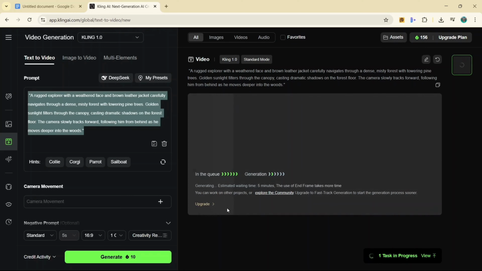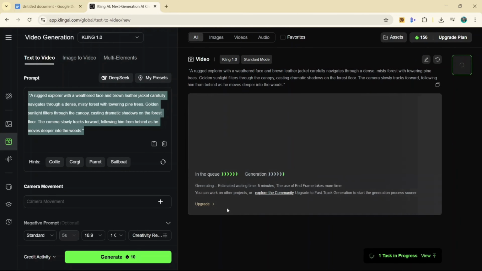We will start with text to video because it's the easiest option to begin with, especially if you are new to AI-based video creation. The most important aspect of using Kling's text-to-video feature is crafting a good prompt. A lot of people fall into the trap of writing vague prompts like a dog in a park or a person walking. While Kling AI will generate a video based on these descriptions, the results can often feel flat or uninspiring. To get the best results, you need to be specific and creative.